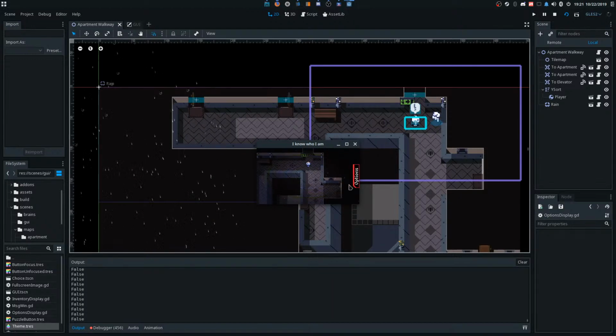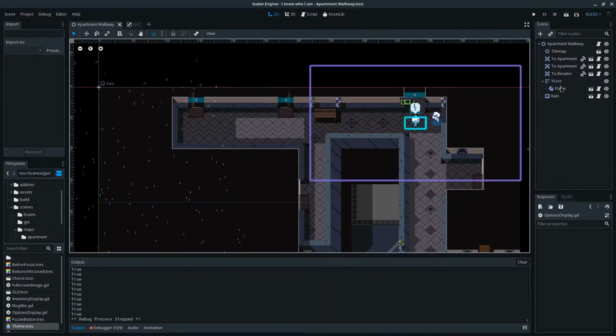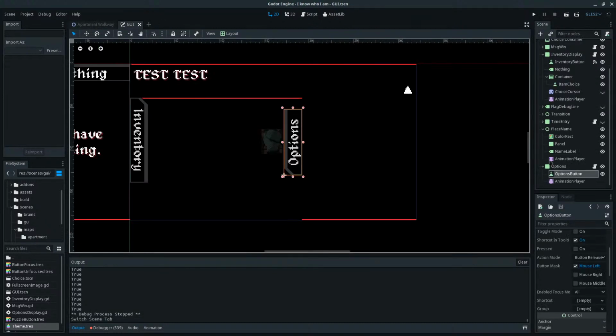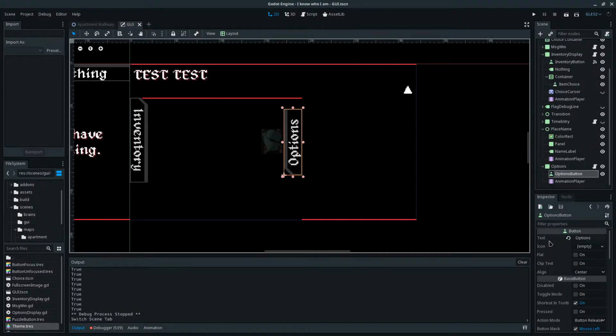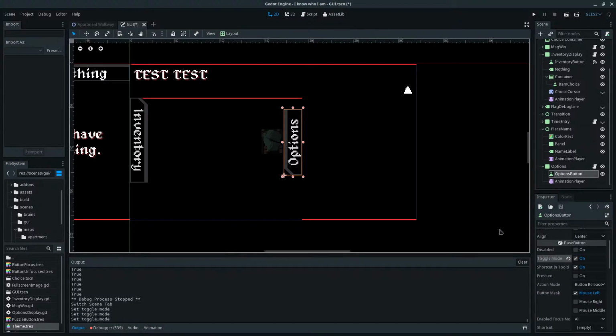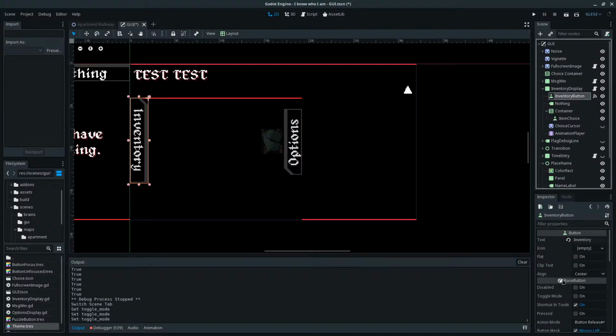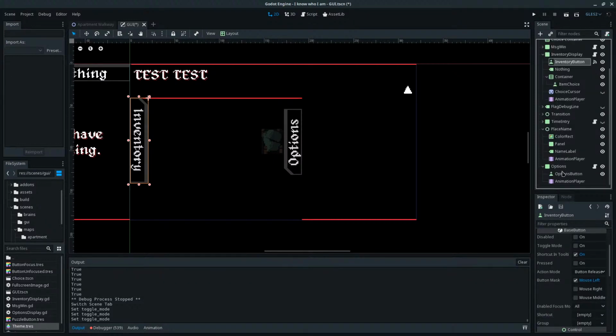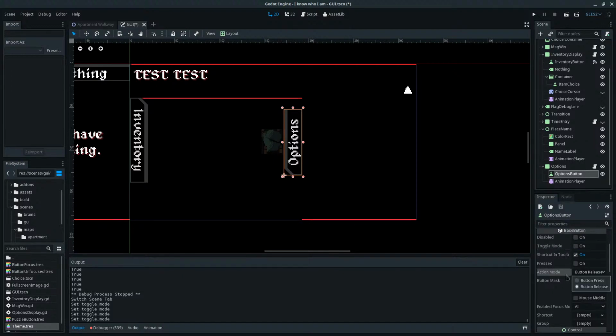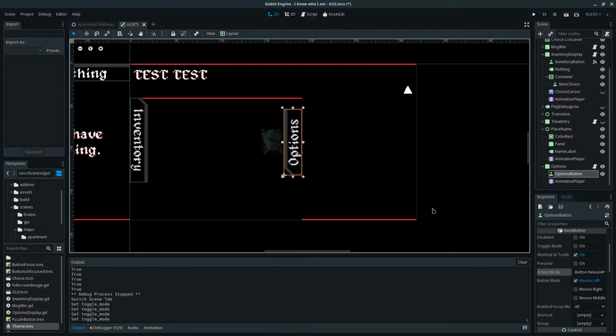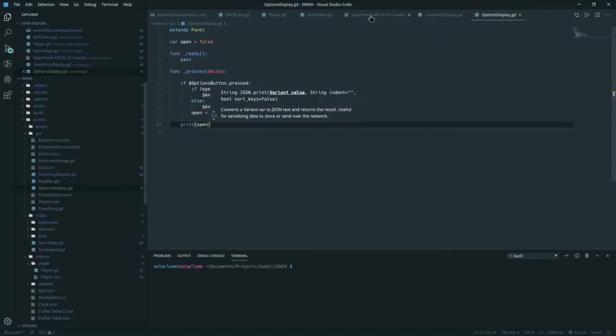Oh. I see. Okay. It's supposed to be in... maybe I don't have it in toggle mode. Is that what it is? Let's see. Inventory button. No. Button release. That's how I figured it out. Okay. Toggle mode. Button release. Wait, how did... why is this... let's see.